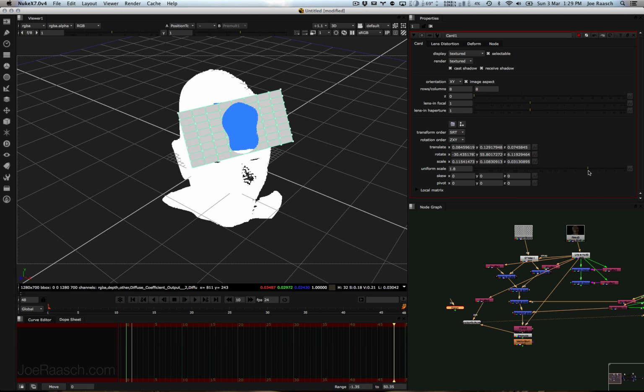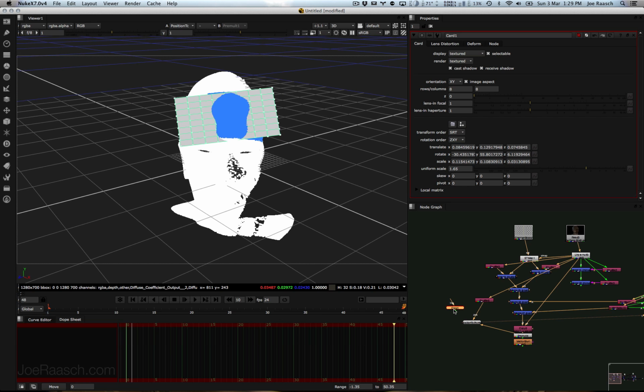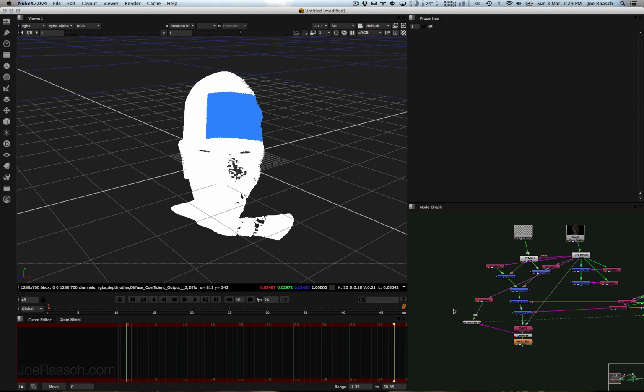And so if I scaled this up, then it would be oriented properly. So that's kind of cool. You know, if you needed to put something onto a card and you needed it to be exactly on the geometry, then you could do something like that. So there's that. There's also,